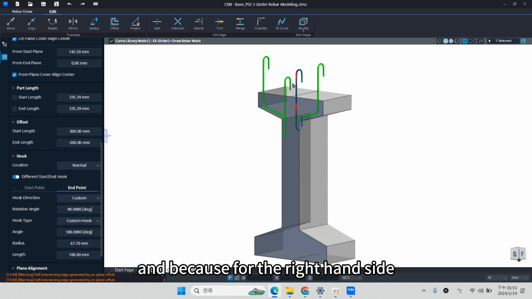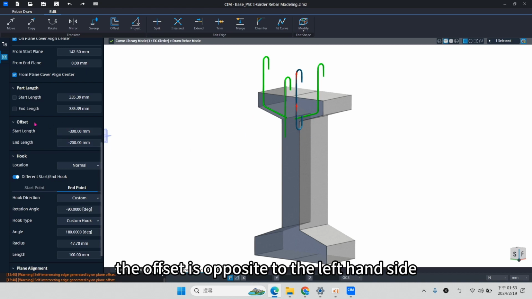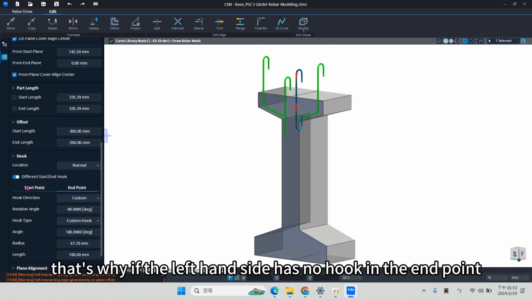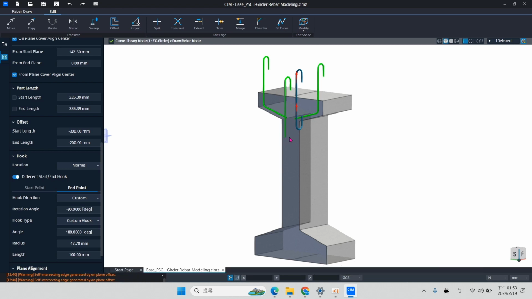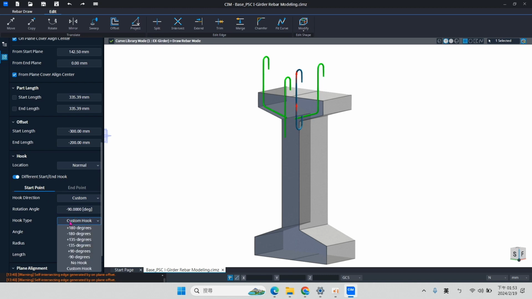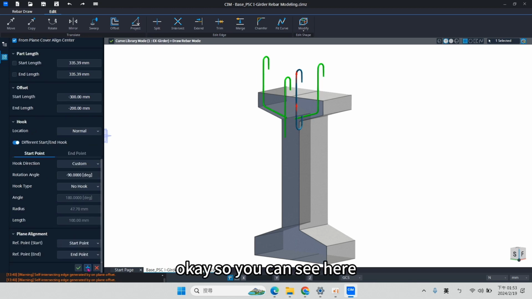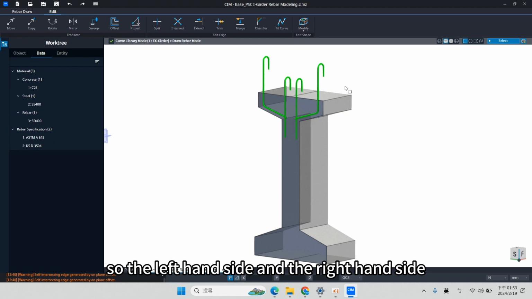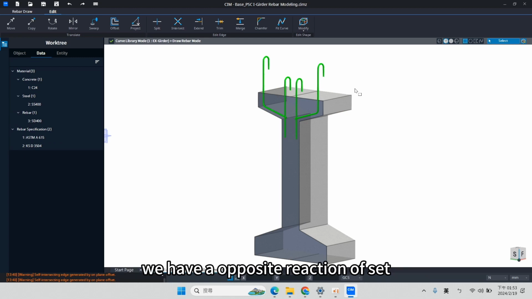Because for the right hand side the offset is opposite to the left hand side, if the left hand side has no hook in the endpoint, then the right hand side will have no hook at the start point. So you can see here, the left hand side and the right hand side will have opposite reaction in terms of the offset.